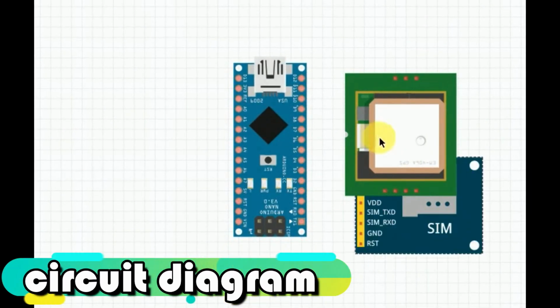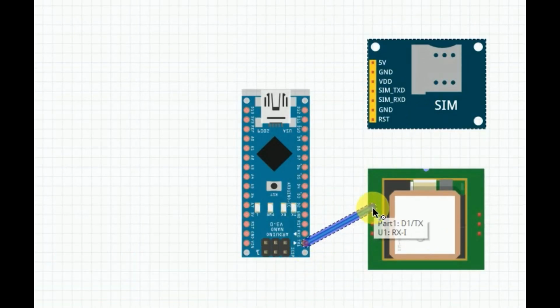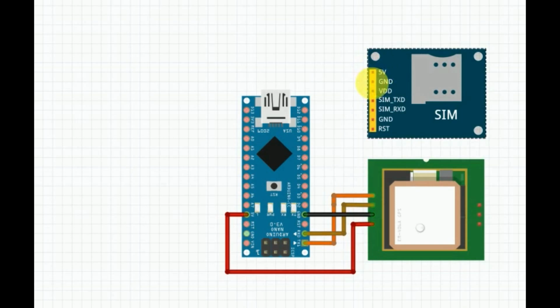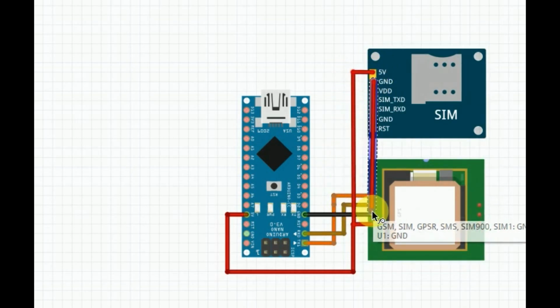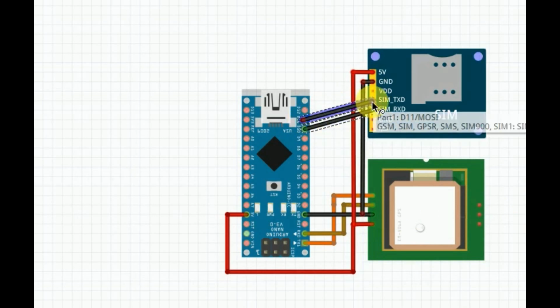Okay, let's go and see this circuit diagram. In this circuit diagram I use Fritzing software to make the circuit diagram. I made the connections one by one, to the GPS, GSM and the RF transmitter and receiver. If you want the final circuit diagram, then please check out my website. I have already given this circuit on my website. If you want, please check it out.